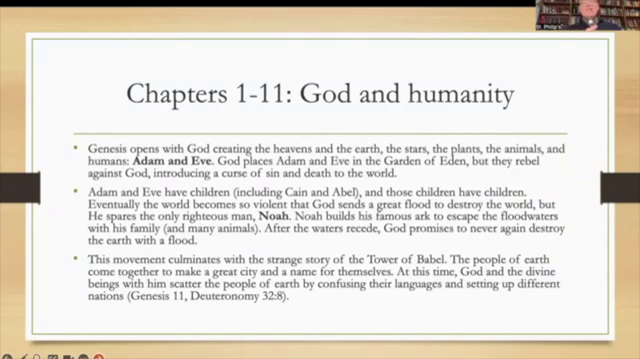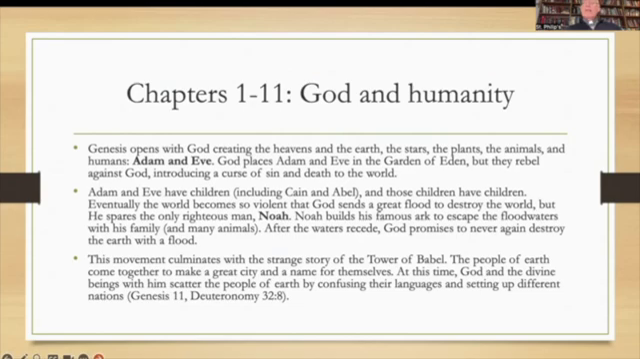Well, let me tell you a story. Once upon a time, we had it great at the Garden of Eden, and we messed up, and now we got to work in the field in the hot sun to make our living. Adam and Eve have children, including Cain and Abel. Those children have children, and eventually, as we mentioned in that Noah story, the world becomes so violent that God